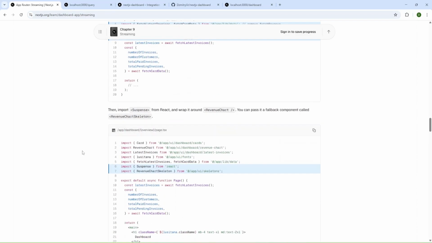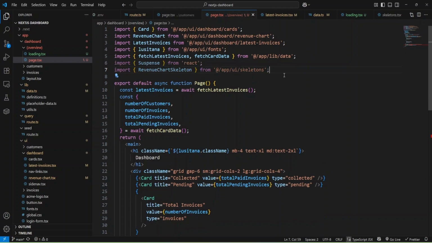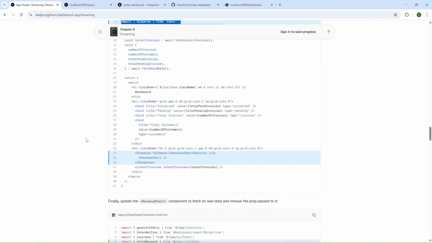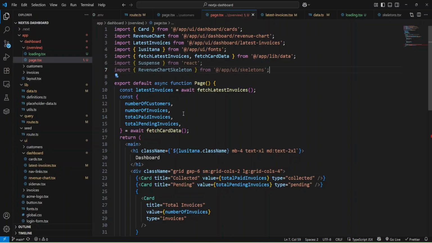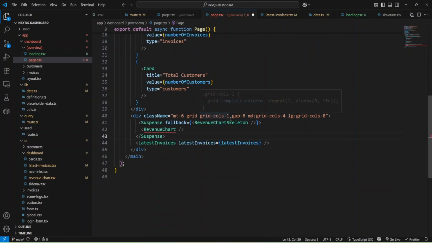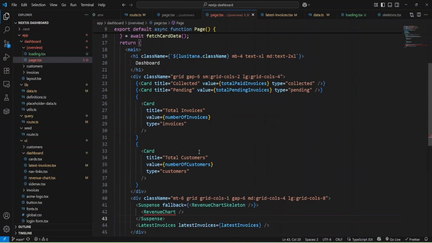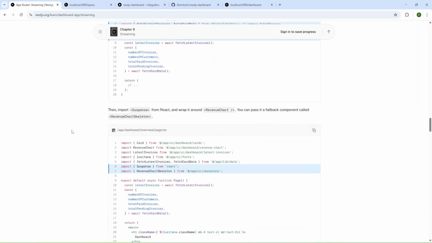And now we can add suspense and some chart skeleton, and let's try to do it. Okay, and also here. And before latest invoices. And I have error. Let's check.